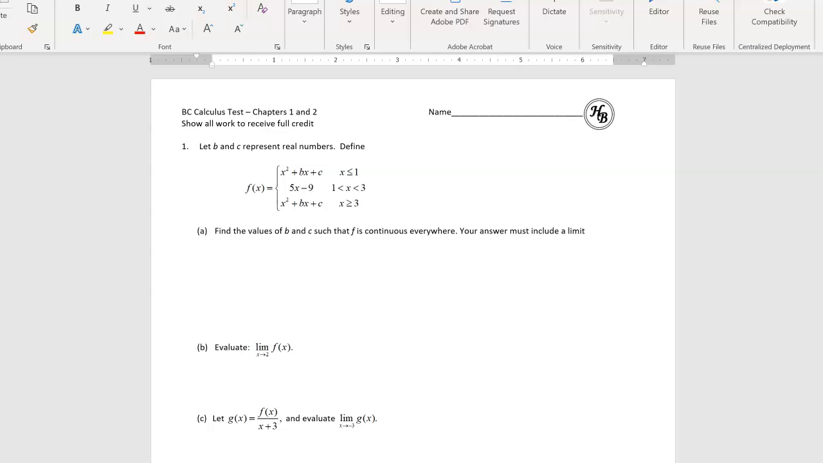So let's take a look at number 1, which is a piecewise function. If you look at the 3 parts, you have a quadratic and a linear piece of the function. Both of those are continuous for all real numbers. So what we need to have happen is that at x equals 1 and x equals 3, the parabola and the lines connect. So the first thing that I'm going to do is take a limit